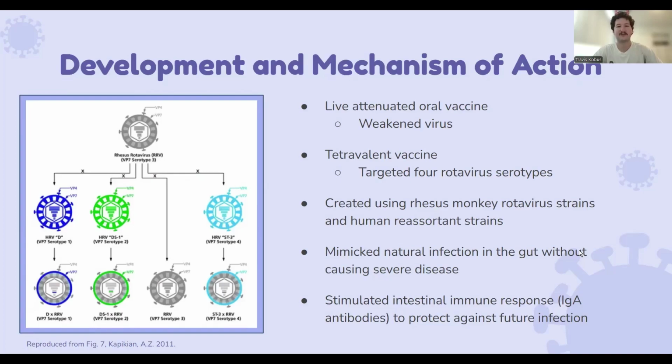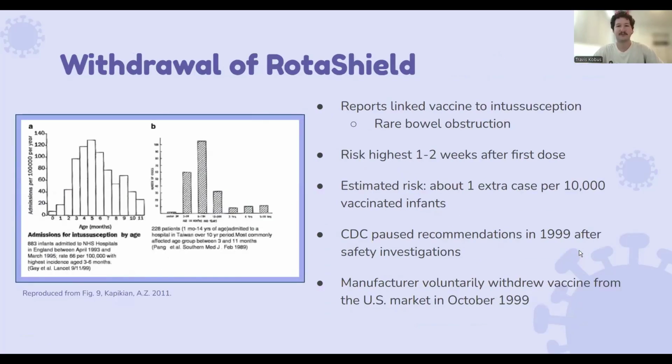After being taken orally, the vaccine entered the intestinal tract where rotavirus normally infects the body. The weakened viruses mimicked a natural infection and stimulated an immune response in the gut. This led to the production of protective antibodies, particularly IgA antibodies, which help defend against future rotavirus infections. Although RotaShield was effective at preventing rotavirus disease,